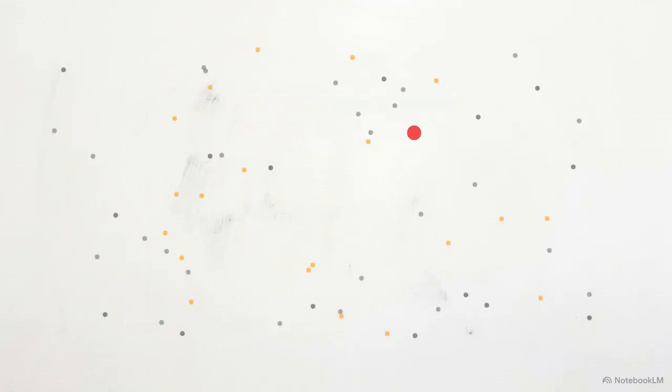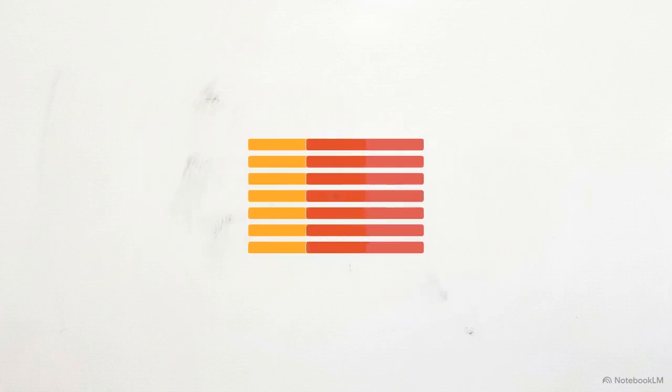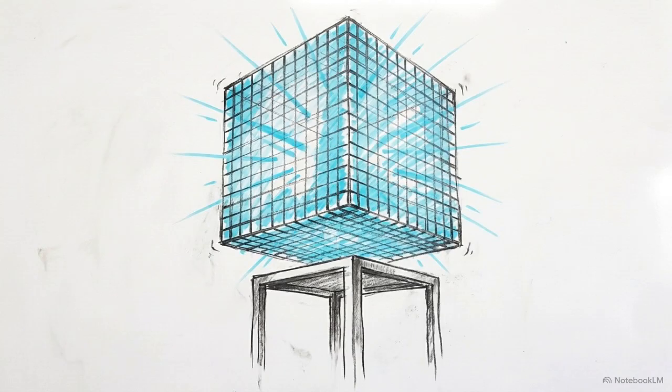This 12,288-dimensional vector serves as the semantic coordinate for the word. It defines the token's relationship to every other word in the model's mathematical space. Transformers process data in parallel, so the model cannot inherently distinguish sentence structure. Positional encoding solves this by mathematically adding a positional matrix to the vector, locking the word into its specific place in the sequence. The text is now a dynamic 12,288-dimensional contextual matrix, prepared for the core processing engine.